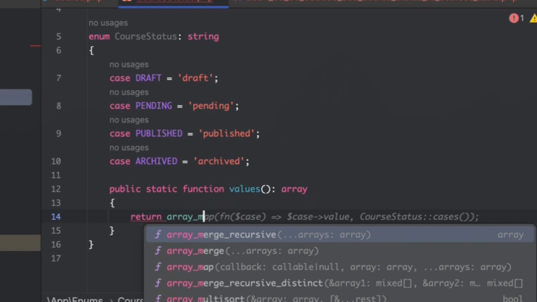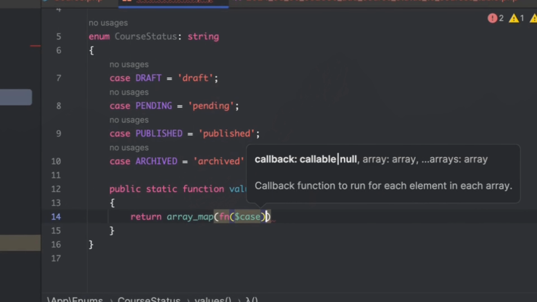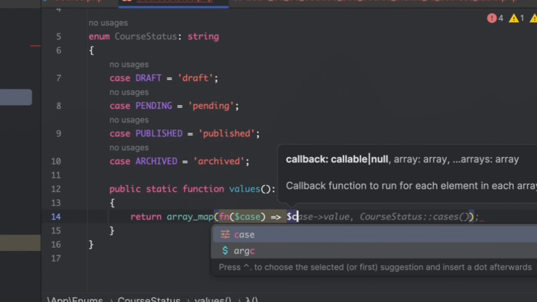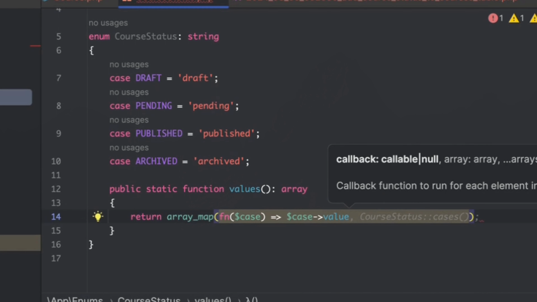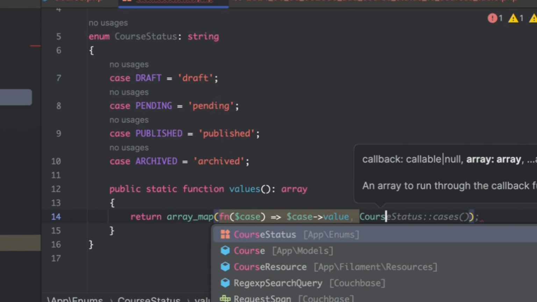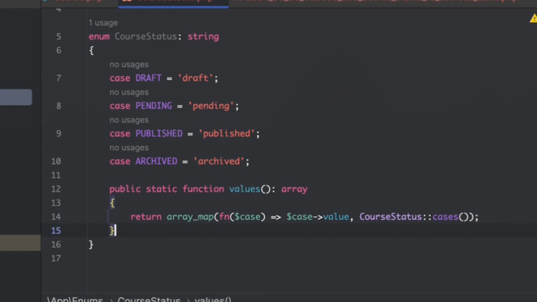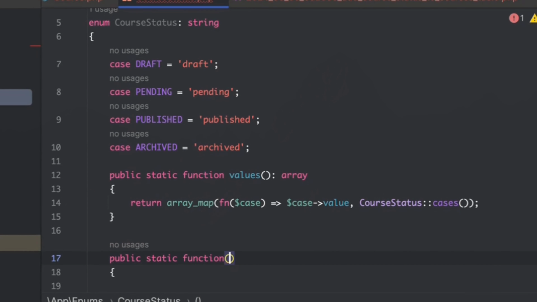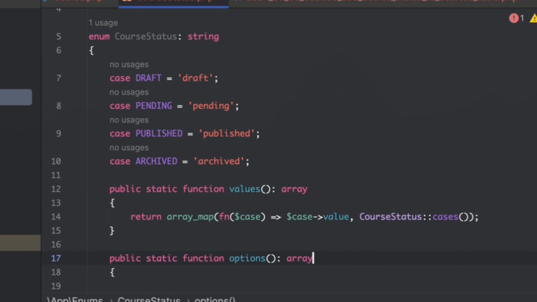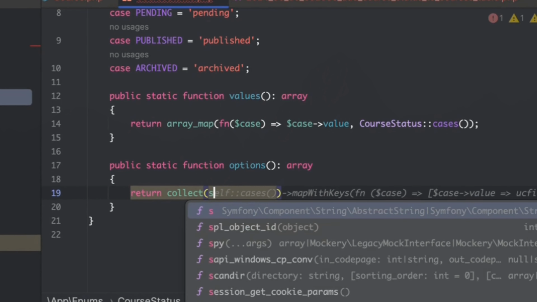In here, I want to return an array, and I want to map a case. So we want to say case value. Then we just want to have the option in here to say CourseStatus cases. And then we just want to create a public function in here where we say public static function again, which is called options. And again, we want to return an array. And then here, I just want to return a collection of,